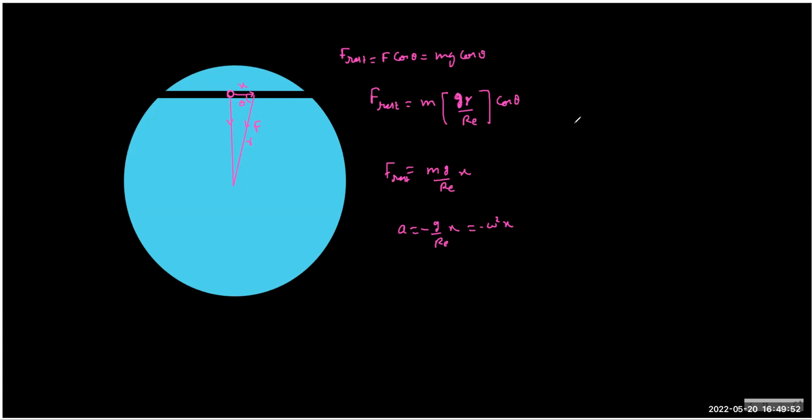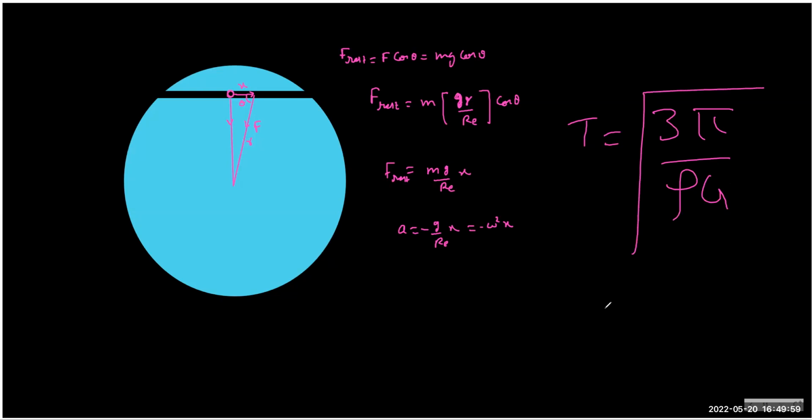Okay, so this is a very famous answer, root of 3 pi by rho G, which is roughly 1.4 hours. Just out of curiosity, we got this answer, but you can remember the formula. No, don't remember. In fact, you should know how to derive it because that won't be difficult, right? Yes. So we can do really nice problems using the time period concept.